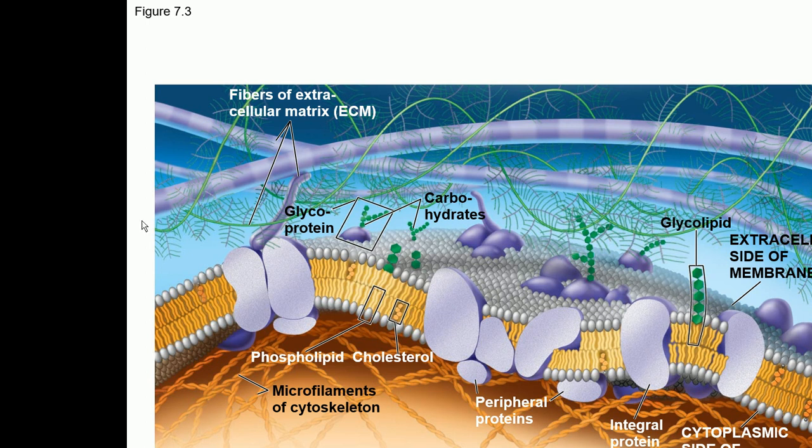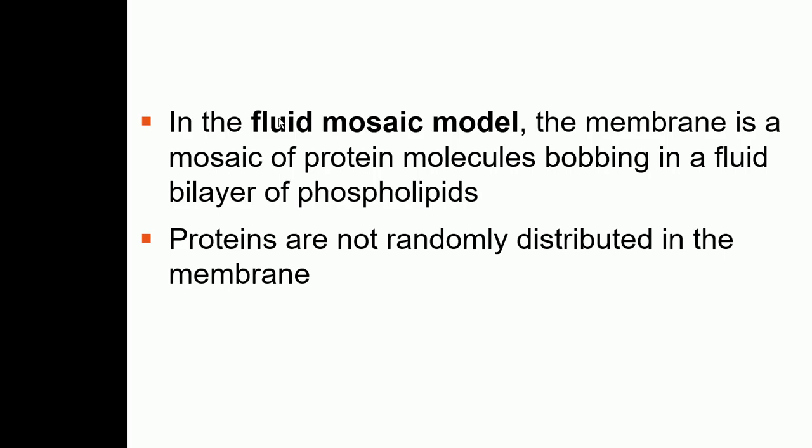It's made of a phospholipid bilayer, and there are some proteins embedded in the phospholipid bilayer, and there is cholesterol which is embedded in the phospholipid bilayer. There are sugar chains which are attached either to the lipids or to the proteins. When the sugar chains are attached to proteins, they're called glycoproteins, and when the sugar chains attach to lipids, they're called glycolipids. So this is the structure of the plasma membrane, and it is called the fluid mosaic model.